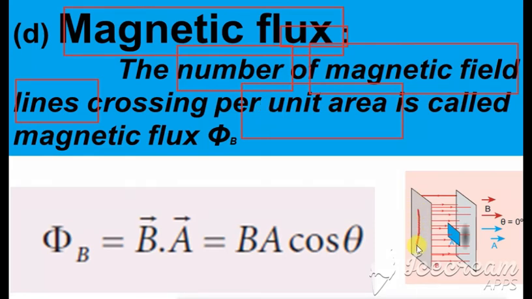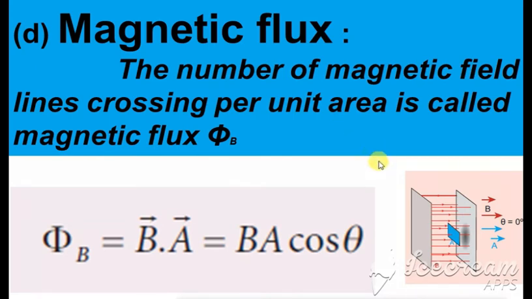So see here, this is one area and this is the other area. Through this, so many lines are crossing. When you count those numbers, that denotes your magnetic flux, and that magnetic flux is generally represented by the letter phi, and phi is equal to B dot A. Whenever we write a dot product, we write it with cos, so B dot A is equal to BA cos theta. Okay, so clear with this term magnetic flux. Magnetic flux is nothing but the number of magnetic lines crossing per unit area.